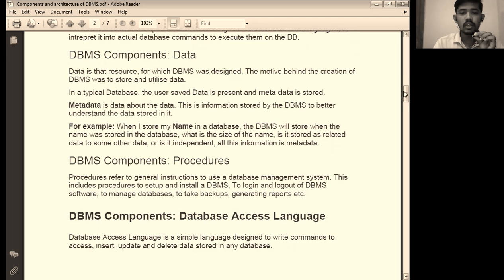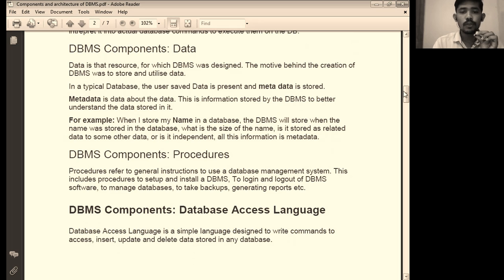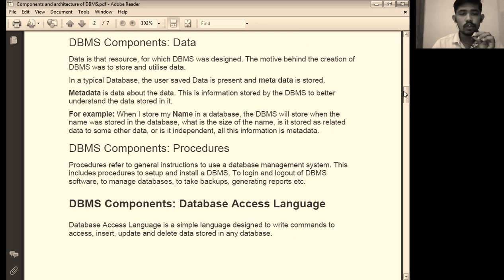The next component is procedures. Procedure refers to the general instructions for using the database management system.